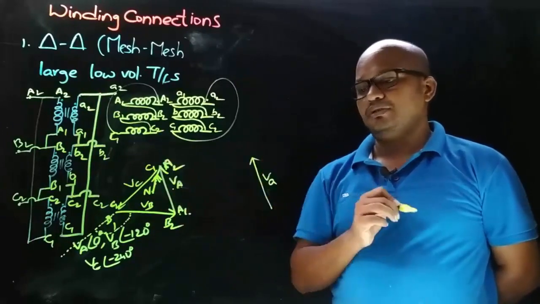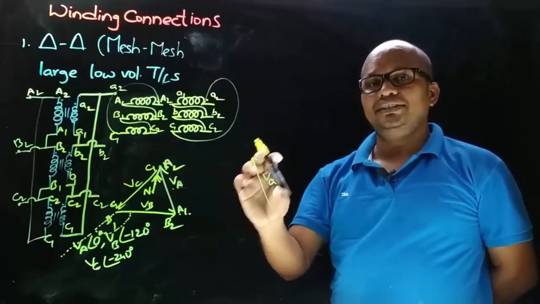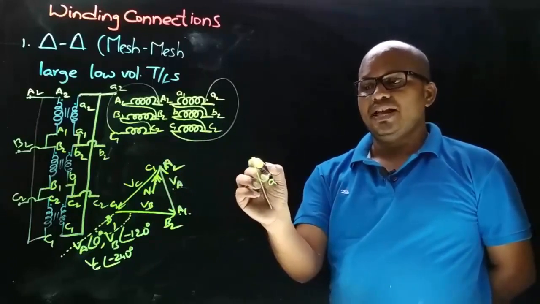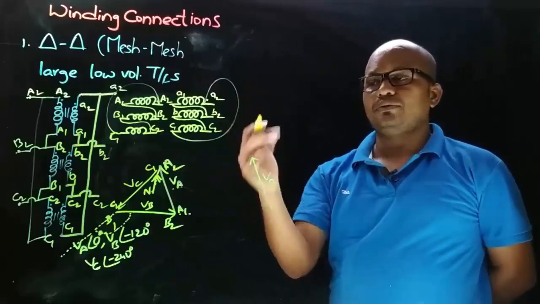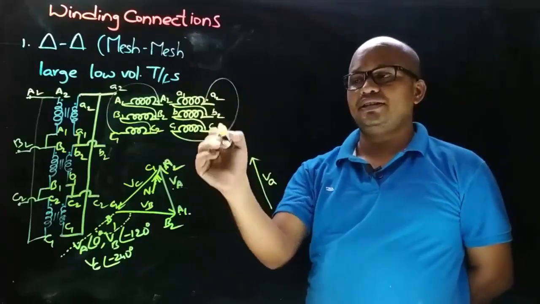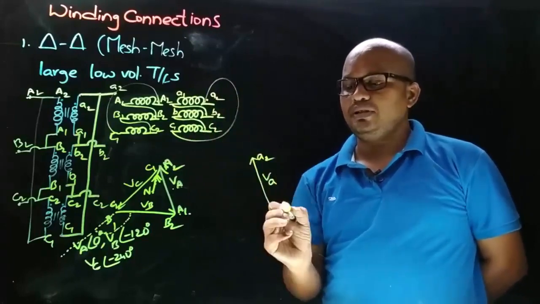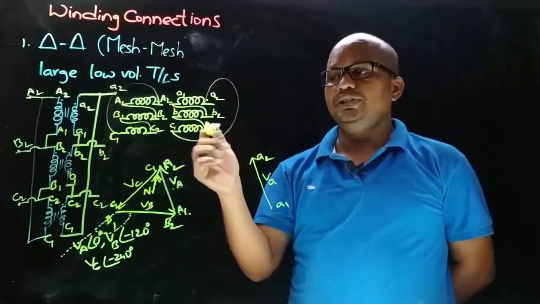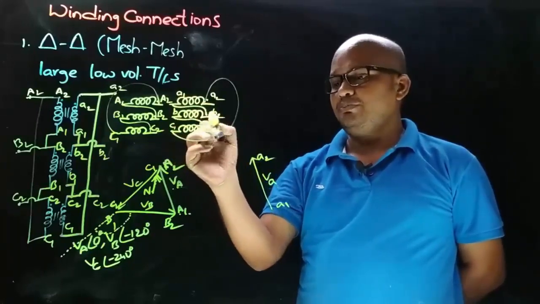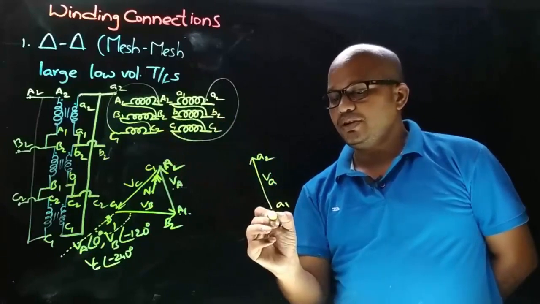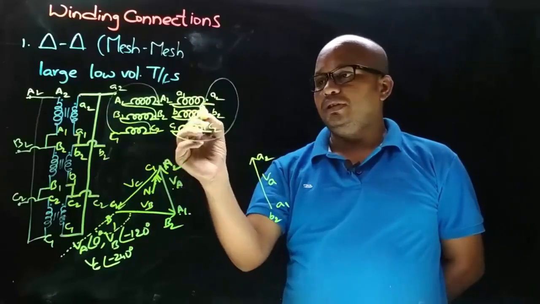So this is it. And now the next step is we need to decide the terminals. And we discussed that the arrow always points towards the connection we took from. So here on the secondary side we took the connections from dot ends. So this is A2 and this is A1. Now we need to draw the secondary side VB phasor. After that, A1 is connected to B2, means here to A1 there will be B2, and to A2 we will have